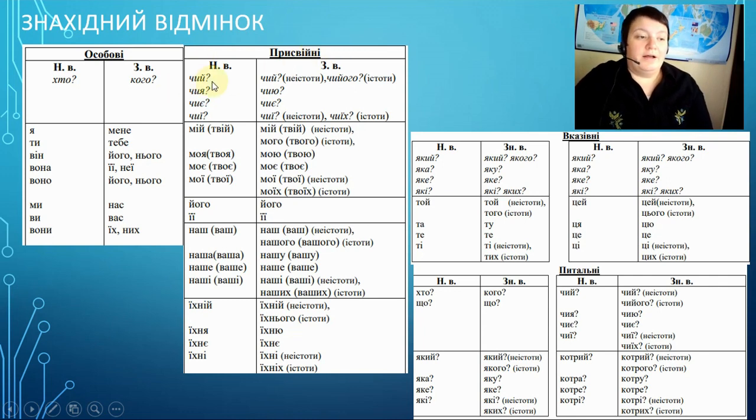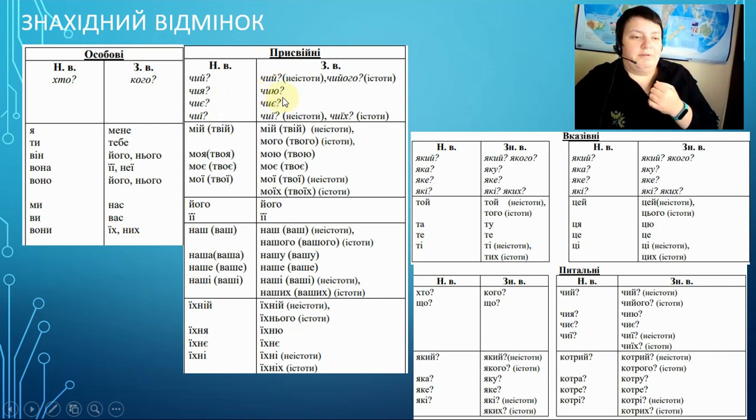Possessive. The question is which one, whose is this, yes? In nominative case, чий grammatical masculine, чия grammatical feminine, чия grammatical neuter, чиї plural. And in accusative case, if it's an inanimate object like table or stone or something like that, it has the same question чий.